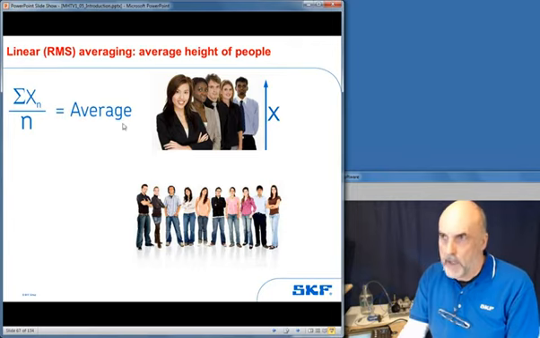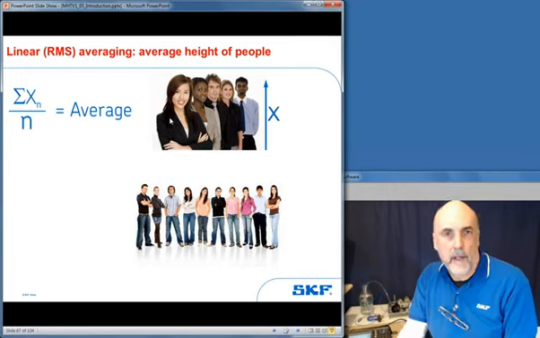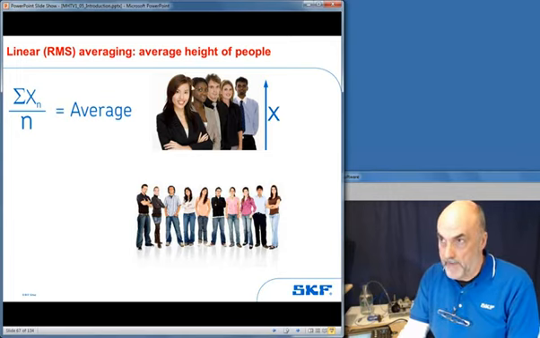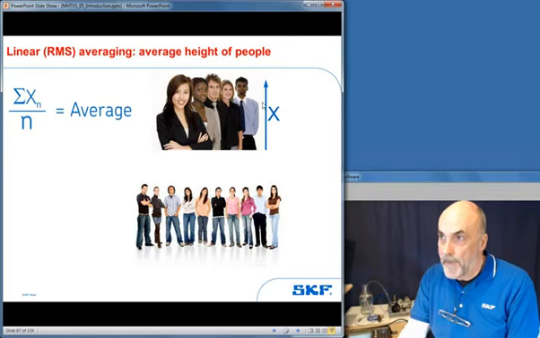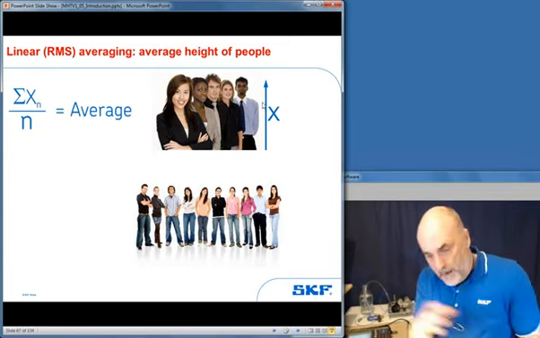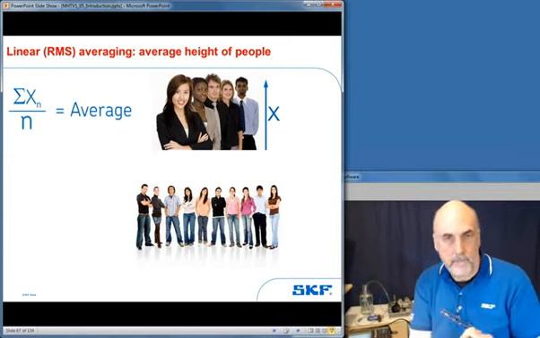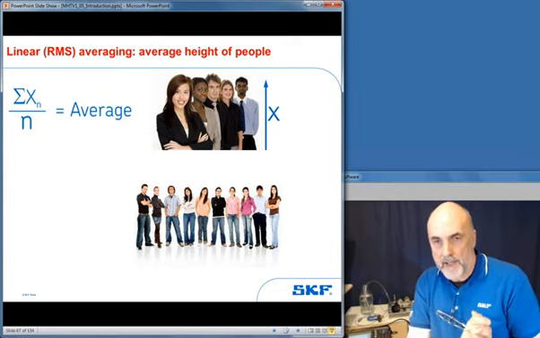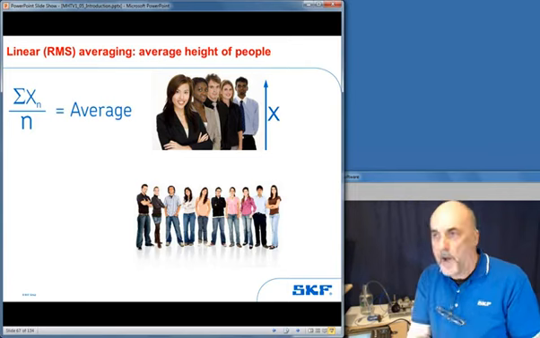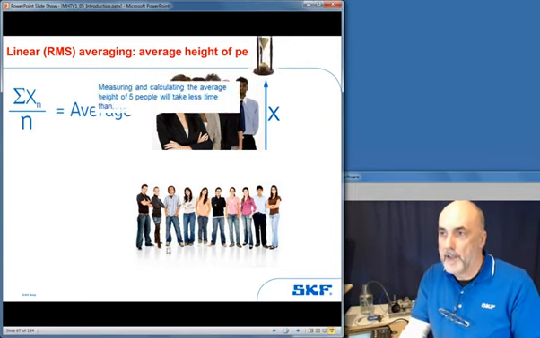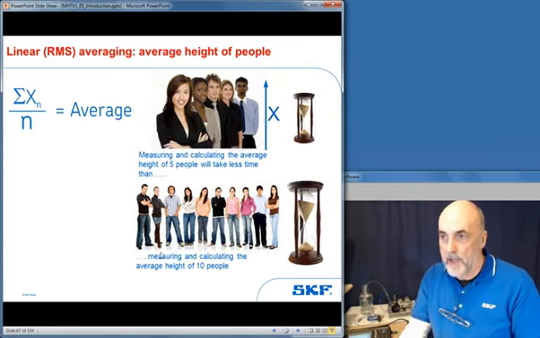And it's really simple. A good analogy would be to measure the height of people. If I took 5 people and wanted to measure their average height, I would measure their heights, divide by the number of people, in this case 5, and work out the average height of those people. Now that's a small cross section, so I might decide that's not representative of that particular sample. So I might decide to measure the height of a bigger cross section.